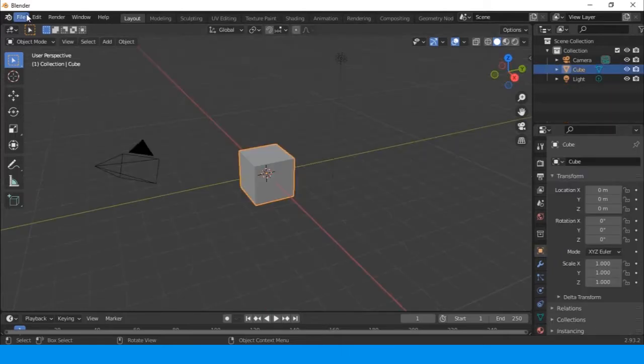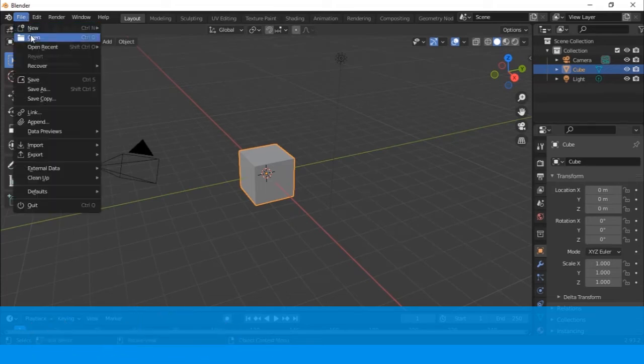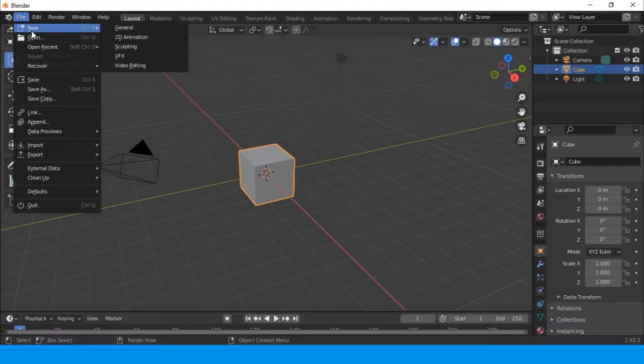Okay, so I'm going to show you how to create it. You click the button that says File, the top left corner. Then there's a button that says New. Or if you don't want to do that, you can press Ctrl N. Then if you